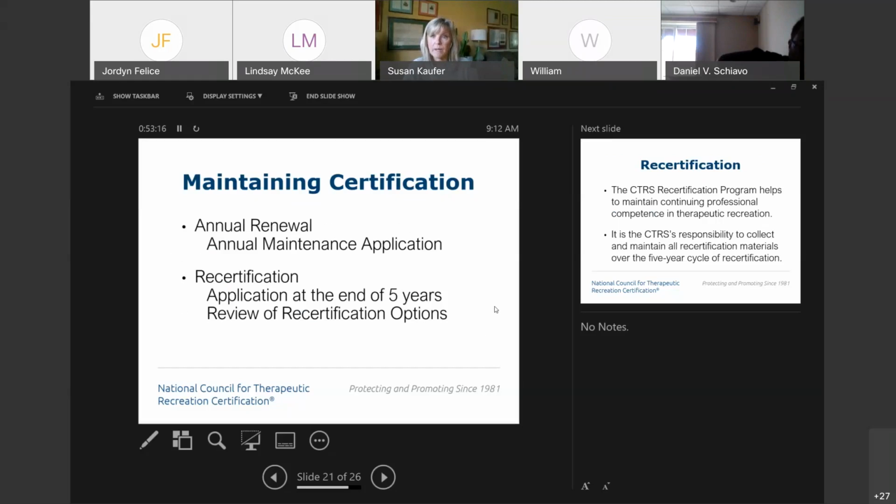Is there anything we need to know about under those disciplinary matters? Have you had any issues or arrests, things that we need to know about that might reflect that you might not be safe to practice, or potentially harming a client, customer, patient, or participant of your program? So this is really an important aspect. You must maintain it each and every year.